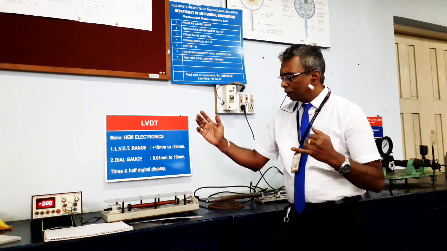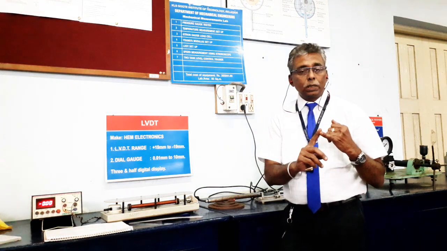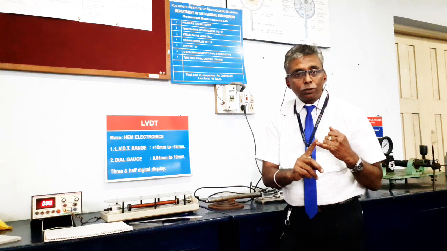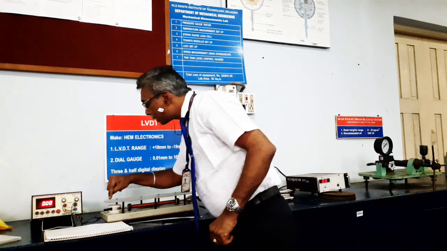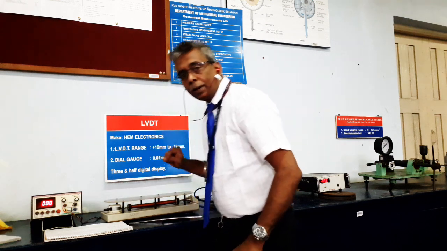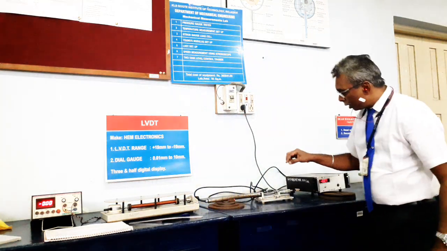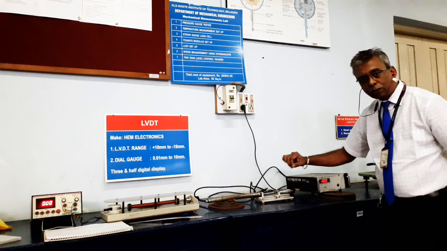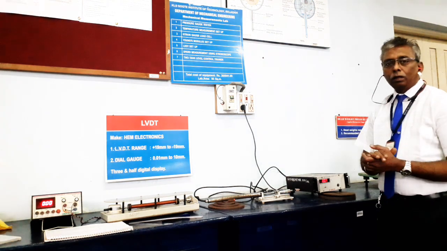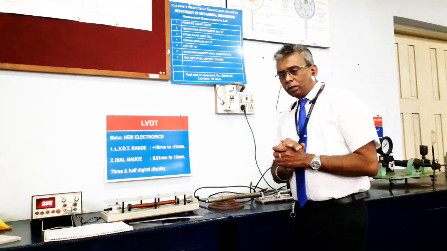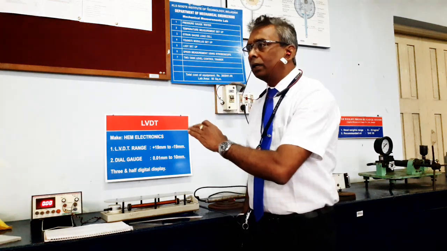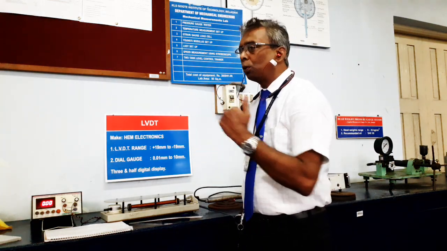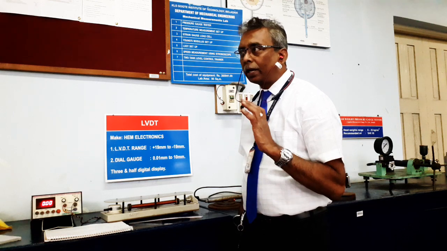We should also know the specifications of each of our instruments. The dial gauge that we are using has 0 to 10 mm as the maximum range, and the LVDT that we have is 0 to 25 mm. Please note here, often as students we tend to forget. Our main concern is just to conduct the experiment and get out of here. Let us not have that.